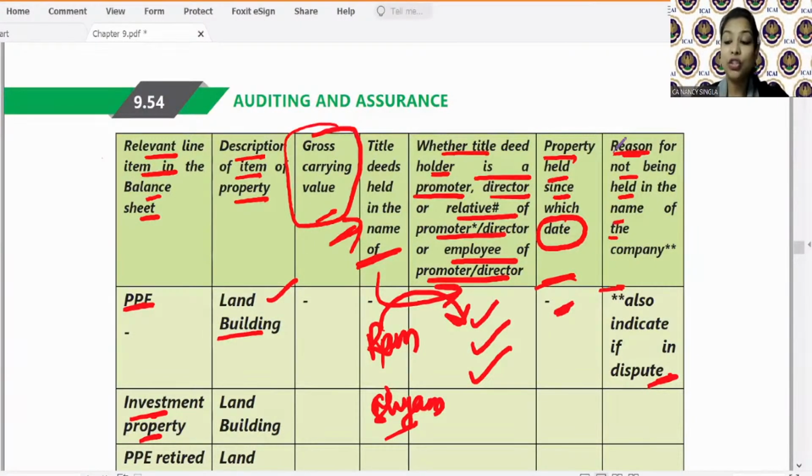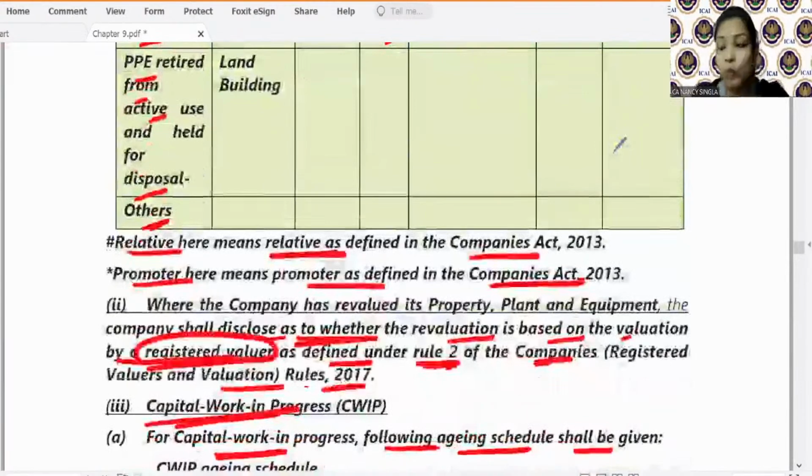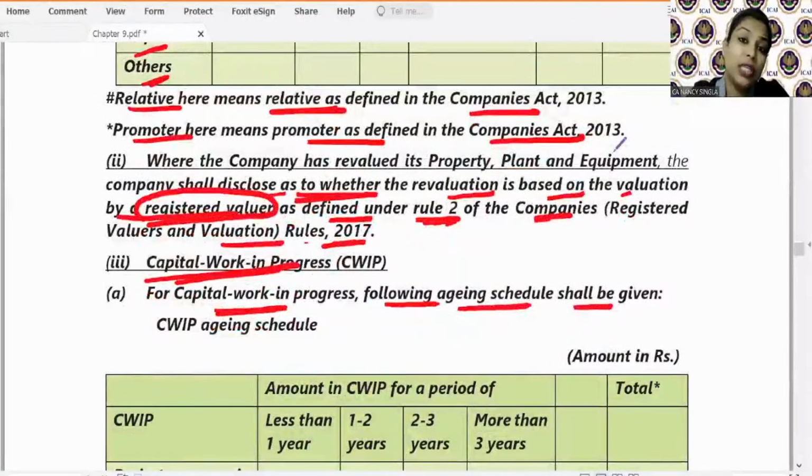This disclosure is very much important for the shareholders. And students, you will see that whatever disclosure requirements are there, they are basically for the shareholders to know where their funds are being utilized, where their money in the company actually is, where it is blocked, and whether everything is going as per rules and regulations or not. So the responsibility is on the management to give this disclosure in the notes to accounts. And if revaluation has been done, whether it was by a registered valuer or not, the management itself will write that, even if it was not done.